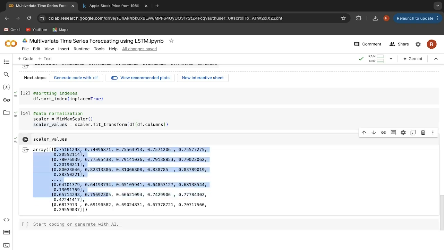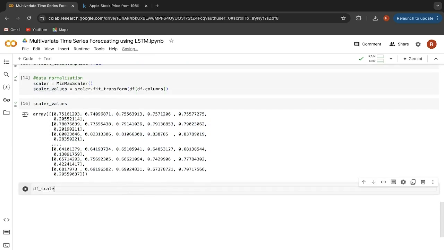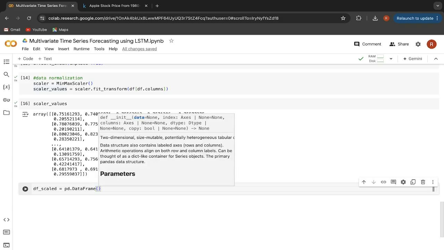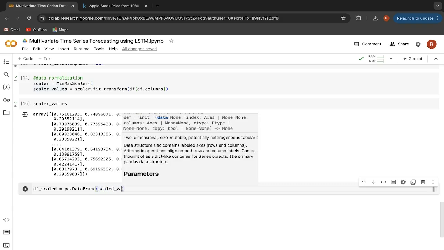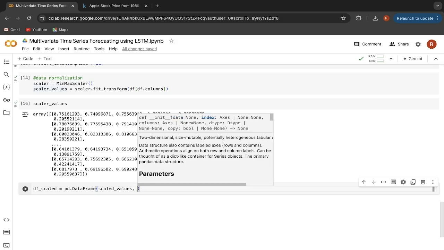But right now they are in the array format. So the next thing that we want to do here is to put this data into a data frame format. So let me say here df_scaled is equal to, so here I will make use of the DataFrame method from pandas. So pd.DataFrame, here I will pass the scaled values. Now we are passing the scaled values to be inserted in a row and column format basically, but they also should have some column names. So the column names, we are going to extract from the original data itself.